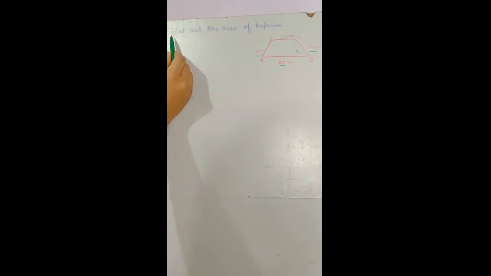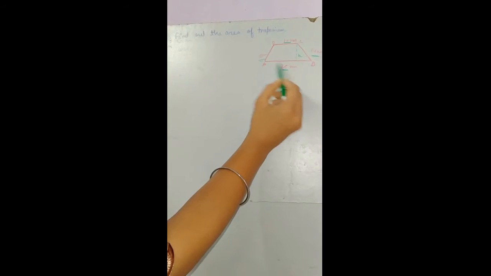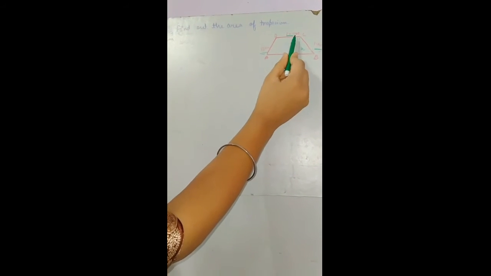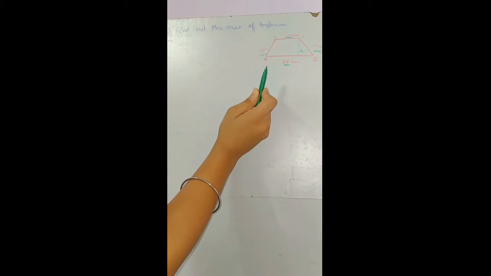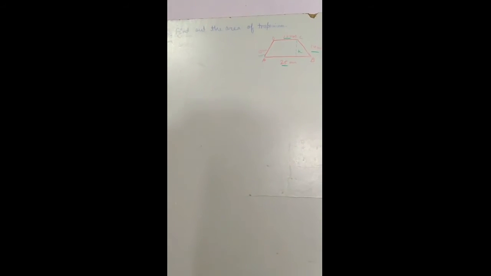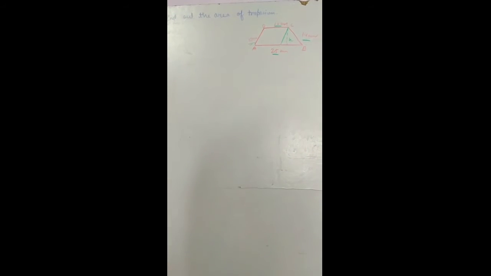In this question, we have to find out the area of the trapezium. This is the figure we have been given. AB is equal to 25 centimeter, BC is equal to 14 centimeter, CD is equal to 10 centimeter and AD is equal to 13 centimeter. But how will we find it? We don't have the height, we don't have the area, we don't have the sides. Correct sides. Okay, so what will we do?